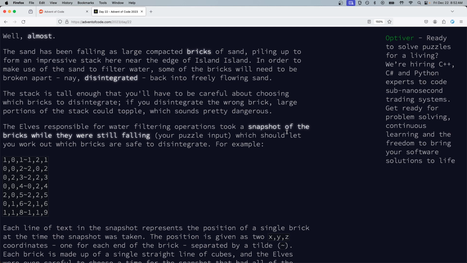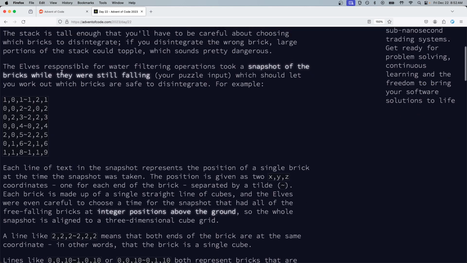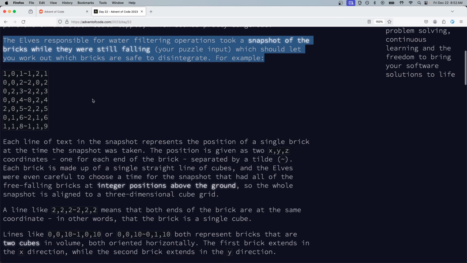The stack is tall enough that you'll have to be careful about choosing which bricks to disintegrate. If you disintegrate the wrong brick, large portions of the stack could topple, which sounds pretty dangerous. Alright, a little Jenga action. The elves responsible for water filtering operations took a snapshot of the bricks while they were still falling. Your puzzle input, which should let you work out which bricks are safe to disintegrate. For example,